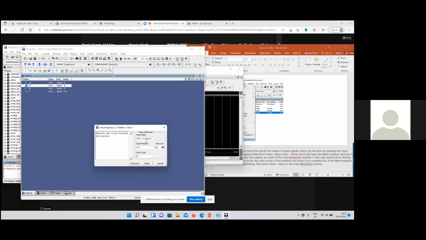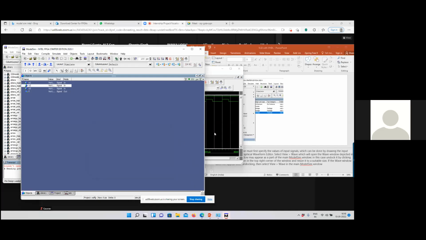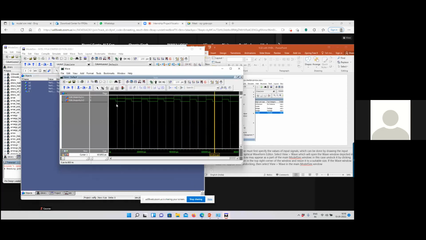Next, then the initial value I gave 1 and clock period is 200 nanoseconds and duty cycle is, instead of 50, I select 40, right? Finish. And you observe in the wave editor the duty cycle is not exactly 50 but 40, right? So 40 to 60 ratio is there.